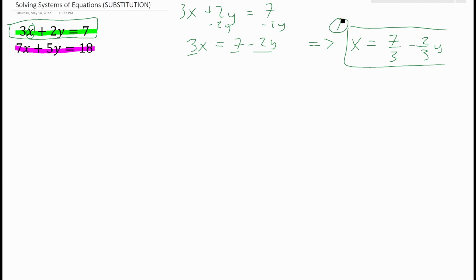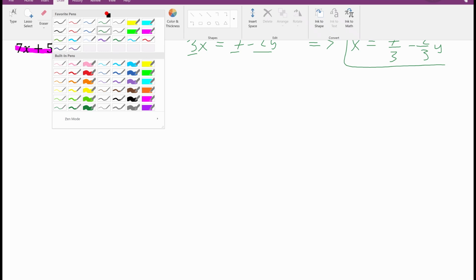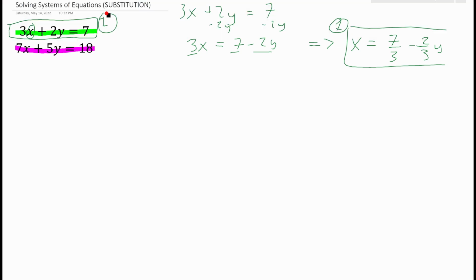So I'm going to put a 1 here, and I'm going to put a 1 here. Now we're going to plug in the information we have for 1 into the purple problem. And that's a good thing to call it, the purple problem. So I'm going to plug in all of this stuff in here where I see an x. So we're going to be left with 7 times 7 thirds minus 2 thirds y